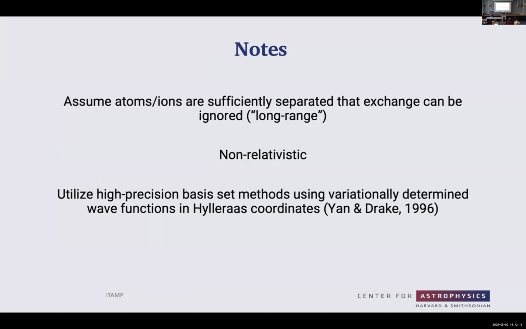You know, to implement the calculations in the real world, you might need to add those effects. We're going to do it non-relativistically. And as I mentioned, we utilize these high precision basis set methods, which Yan and Drake pioneered, going back 30 years. It's capable of super high accuracy, as you may know from their work,